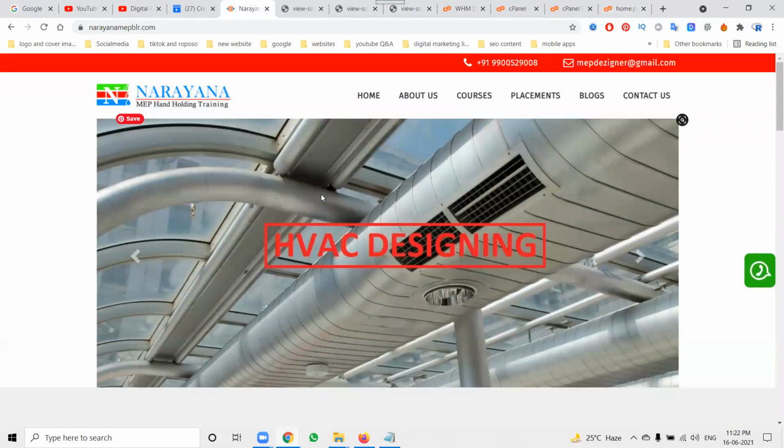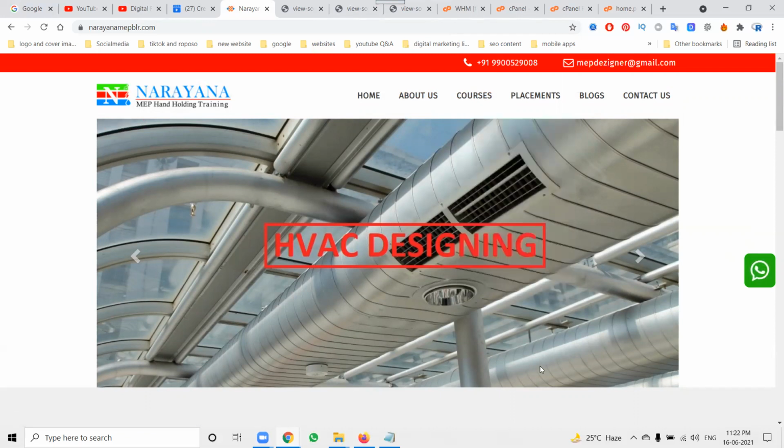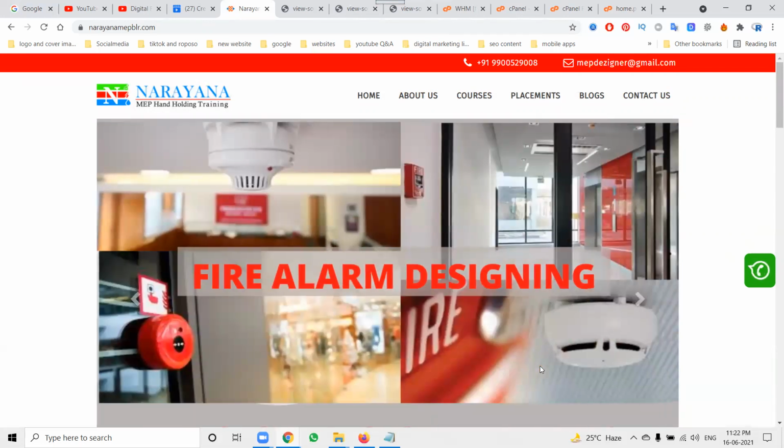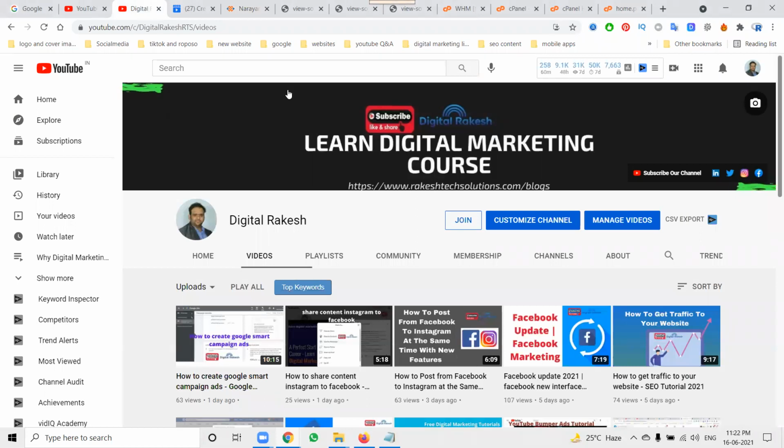Anyone looking for your particular matter or particular design, we can go to the option here. This kind of course will be provided for our MEP training institutions. If you're missing any H1 tag, go to the proper page, find the H1 tag, and add the H1 tag option. If your PHP website is facing a problem with the H1 tag, you can contact me on my channel. Definitely I will answer your particular questions.